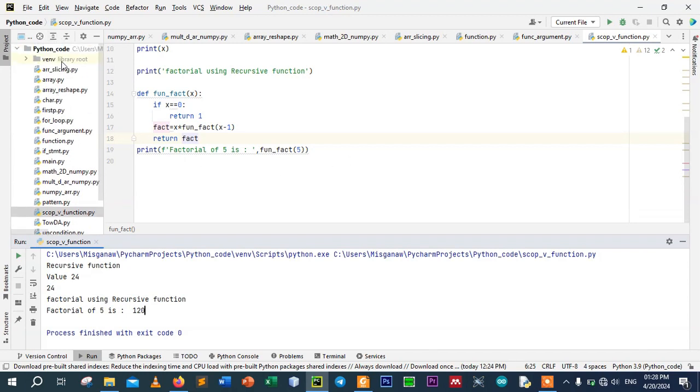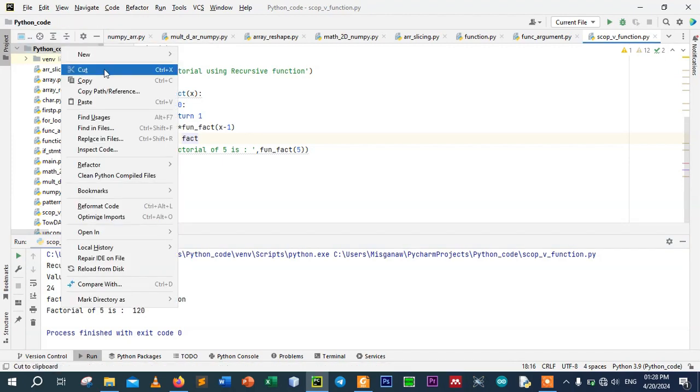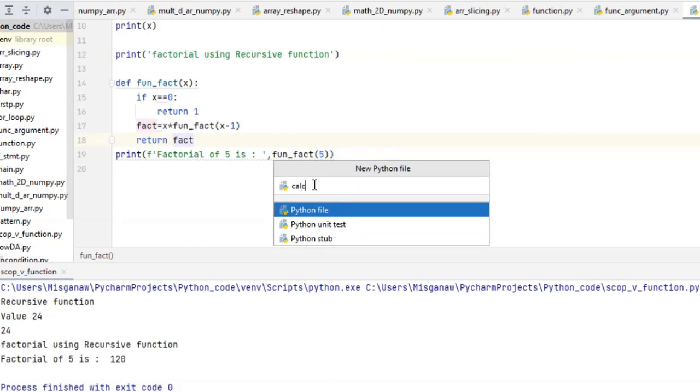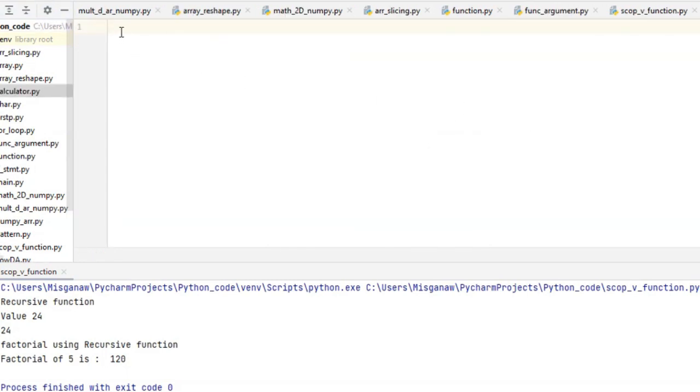For example, let me create a Python file called calculator.py.